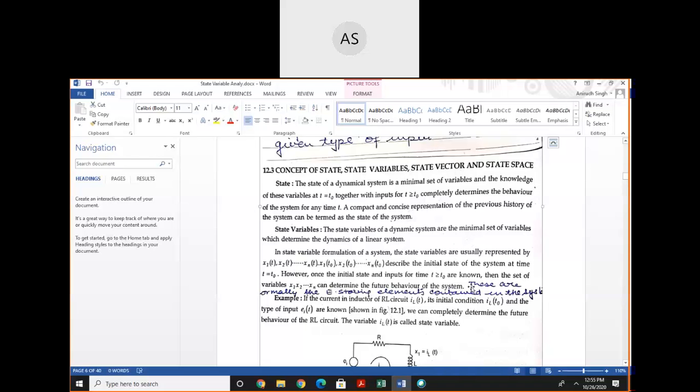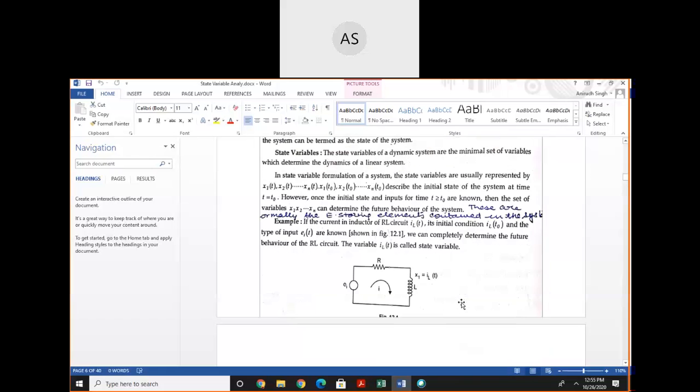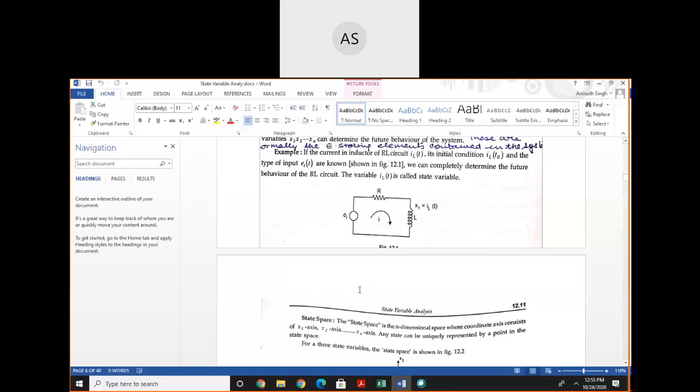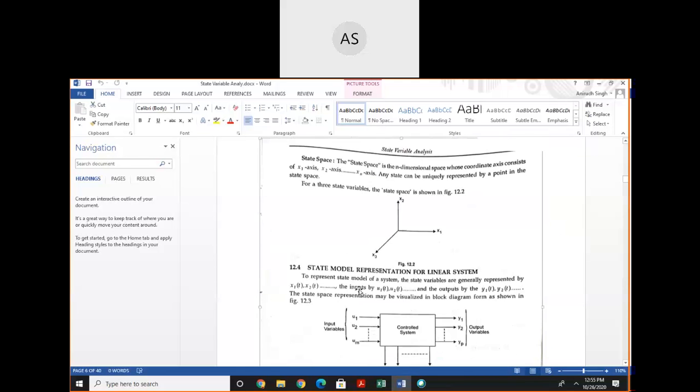Once we know the initial state and input for time t greater than or equal to t naught, we can determine the future behavior of the system. One example,